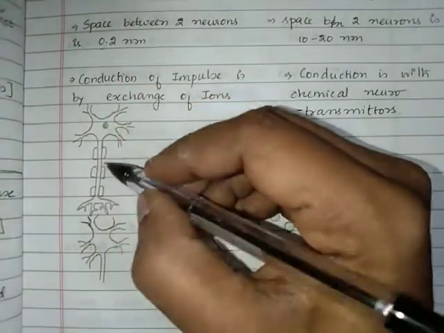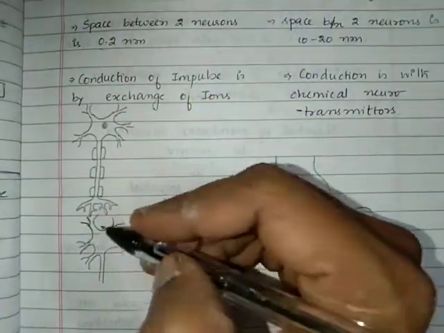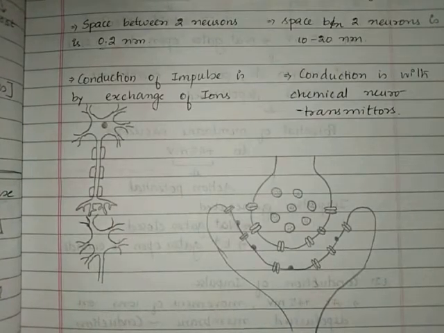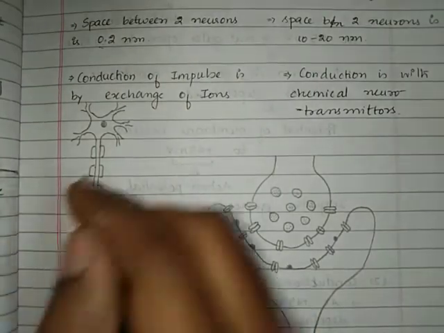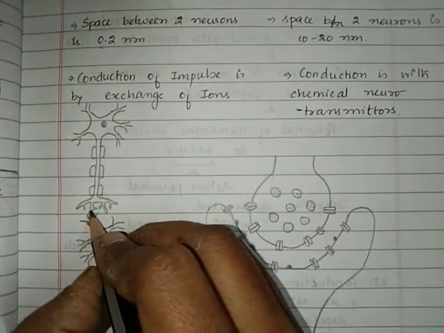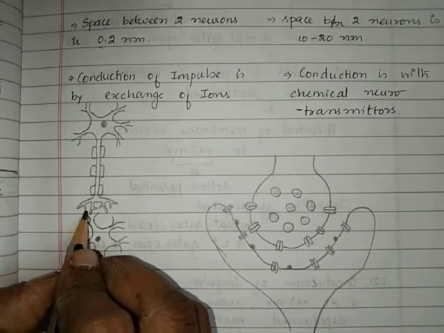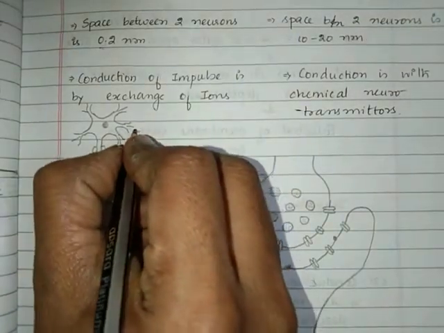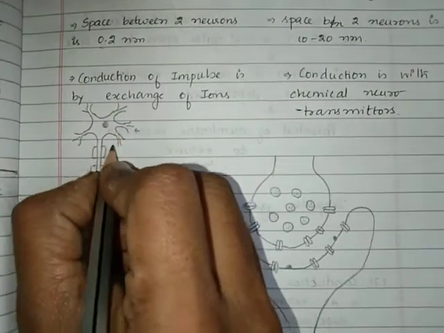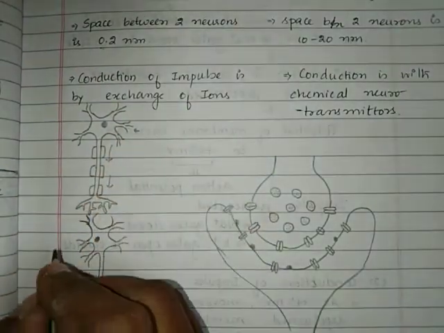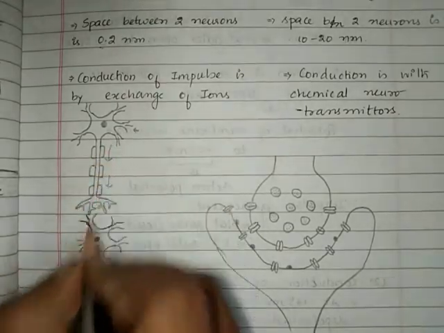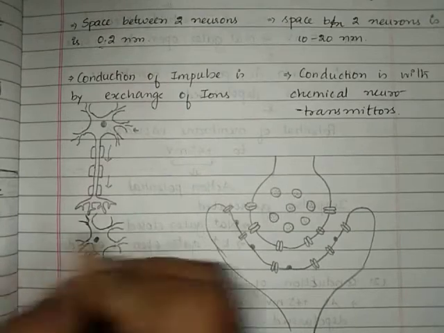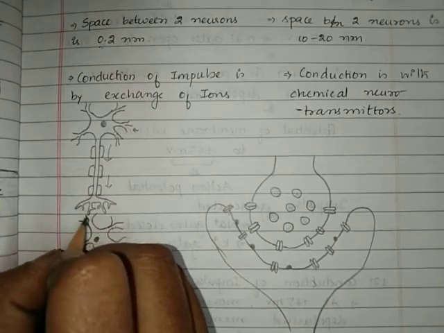Now, when a synapse happens, if this is one neuron and this is the next neuron, it is going to occur between the axon end bulb of one neuron and the dendrite of the next neuron. So this part is going to receive from another neuron, and it is going to pass on the impulse like this. Finally it reaches the axon end bulb, and from the axon end bulb it has to go from this neuron to the next neuron. So let us see how the impulse is transferred chemically.